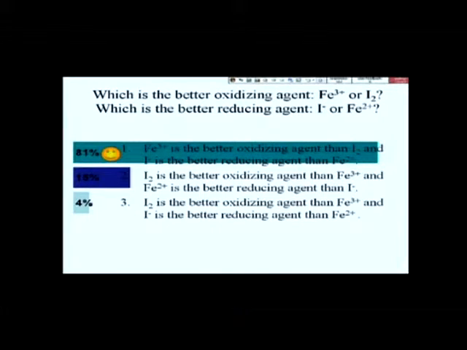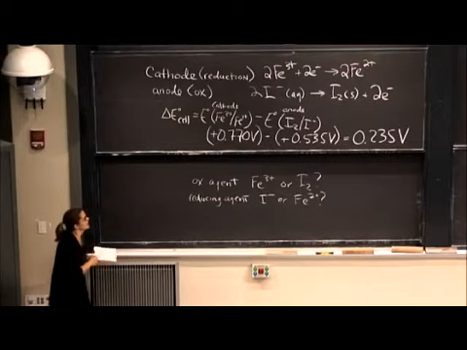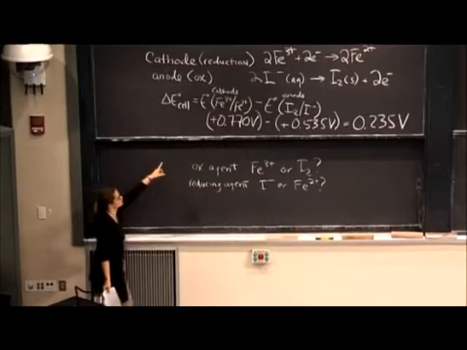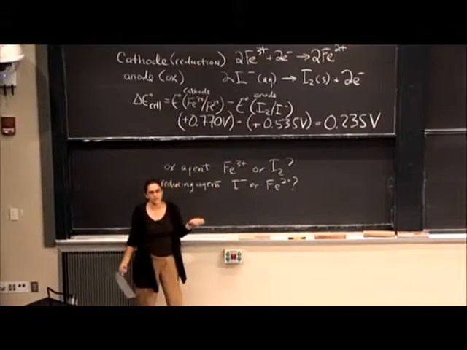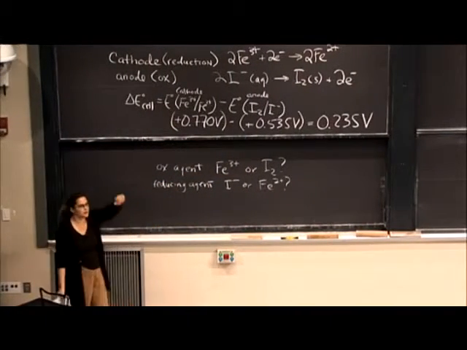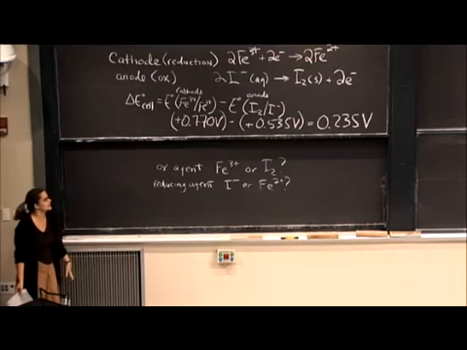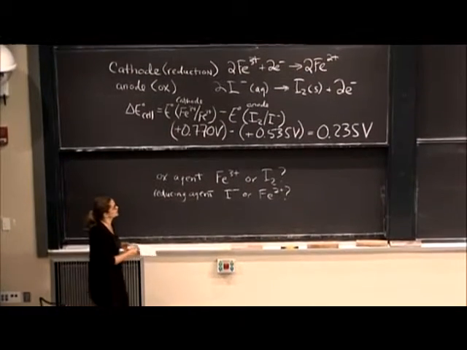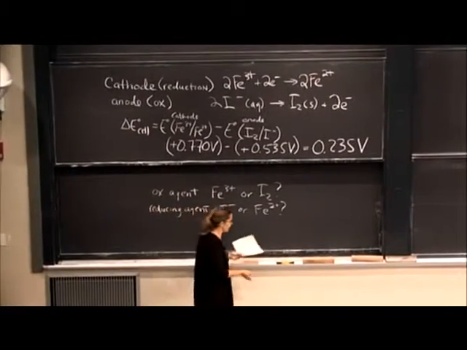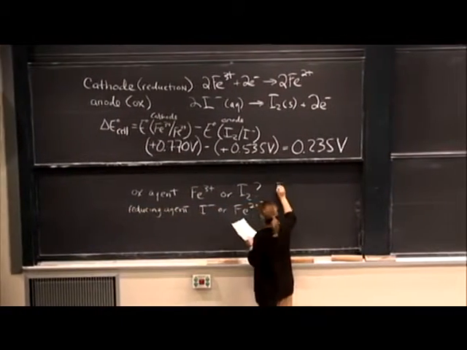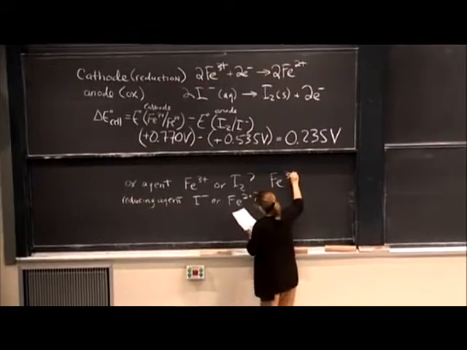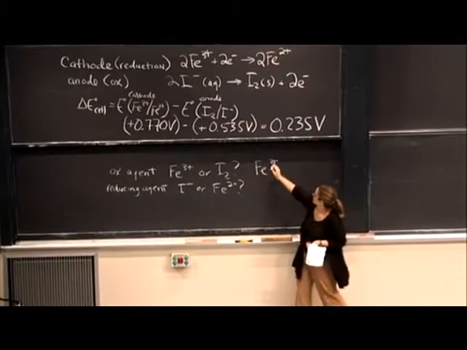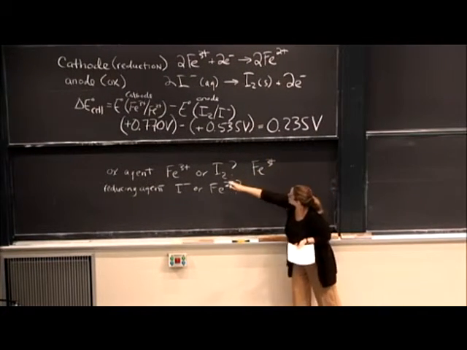Very good. So the trick here is to, again, think about these two different potentials. Now, unlike the example we had before, where we had a big positive and a big negative value, these are both positive values, but one of them is bigger than the other, and so the better oxidizing one is going to be the one of these two